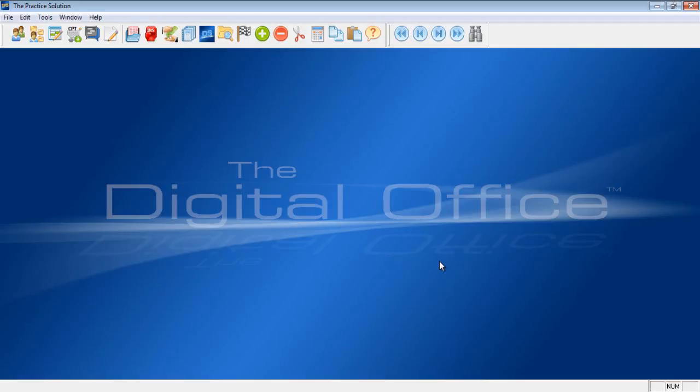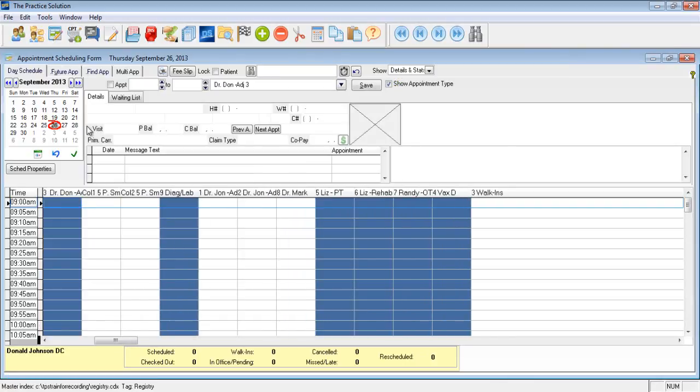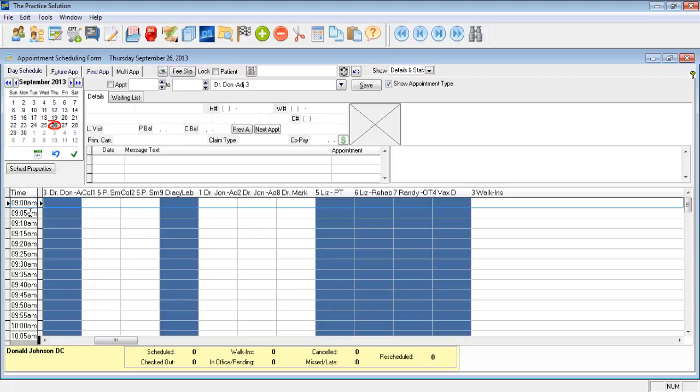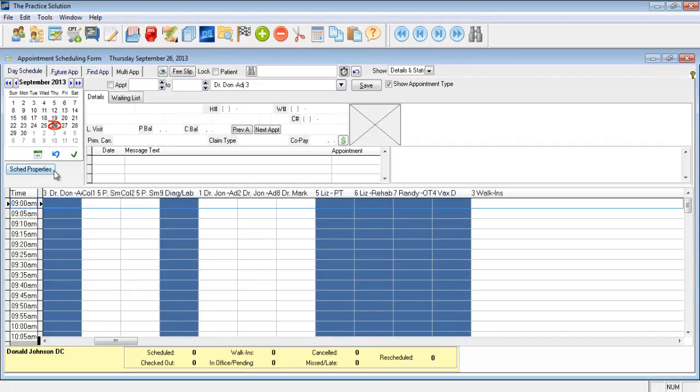To get started, we can click our appointment icon up here to open the appointment book. And over here on the left, we can see the time column. Here's our start time at 9 a.m. all the way down to 6 p.m. at the end of the day. Here we currently have 5-minute intervals for each appointment, which we can change via the schedule properties as was discussed